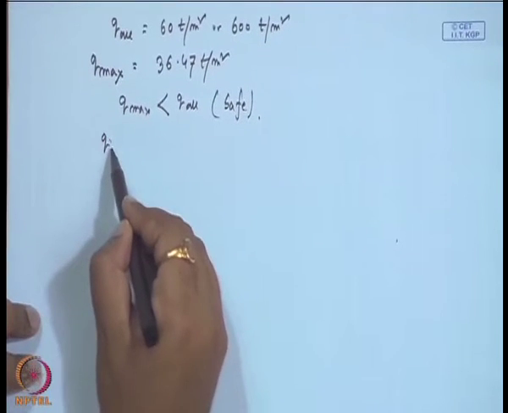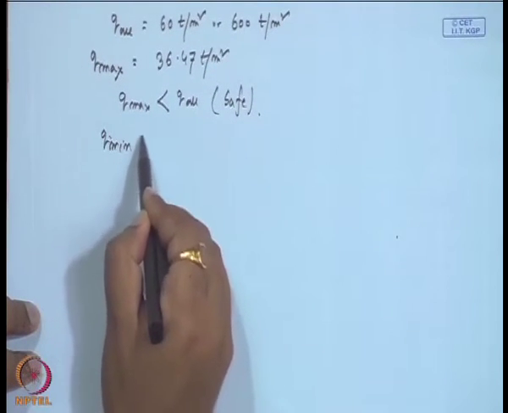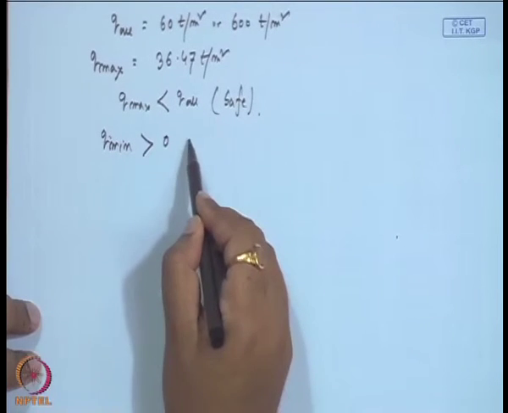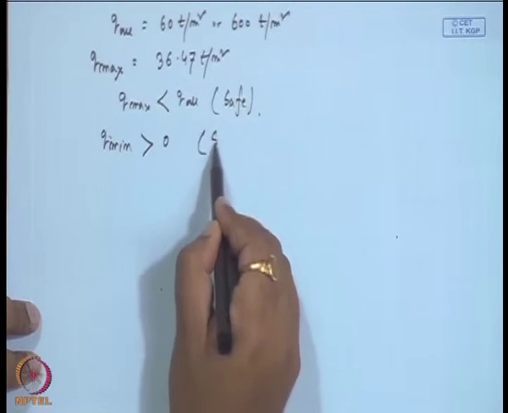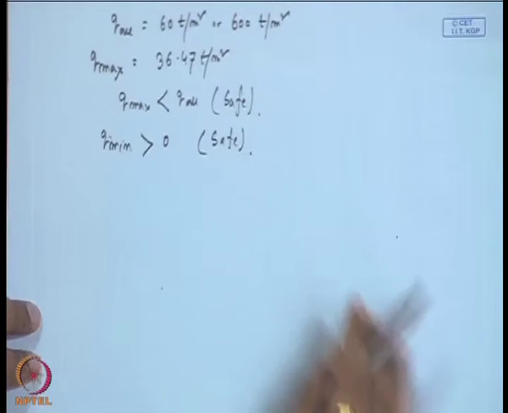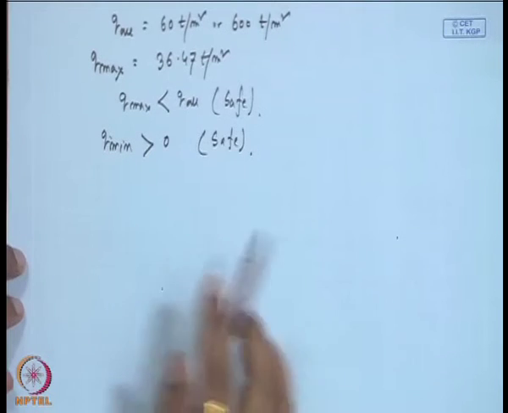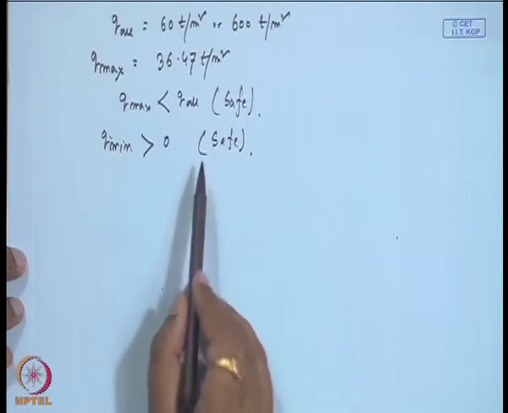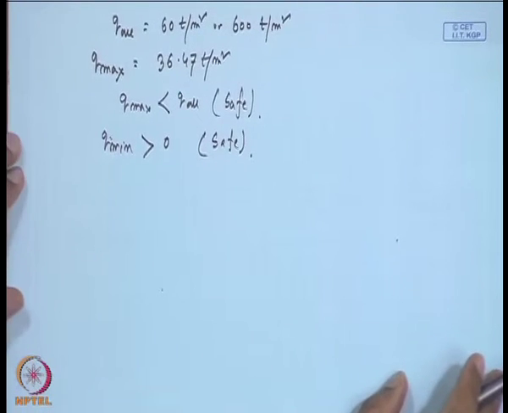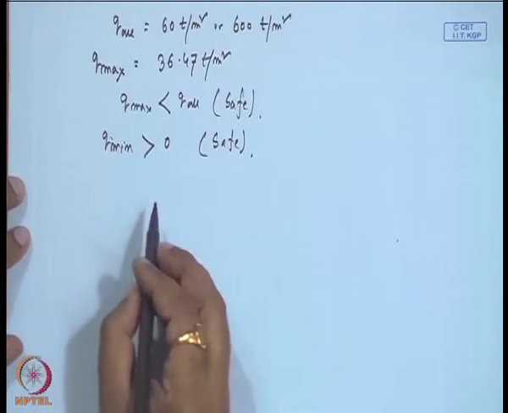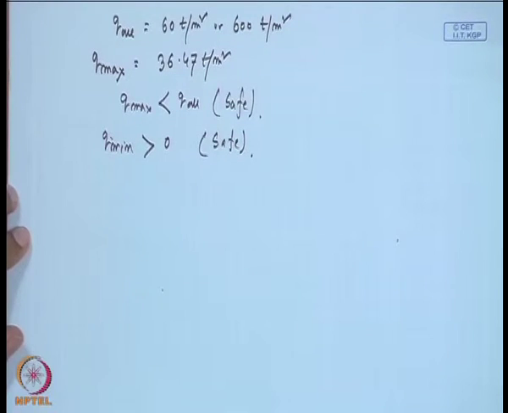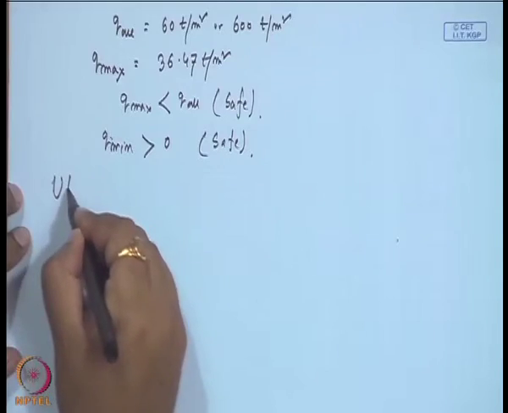Another one is Q minimum, which is greater than 0. So that also means it is safe, that means no tension zone force has occurred in the soil. So, the next check that we have to conduct is the ultimate resistance check. So, for the ultimate resistance check,